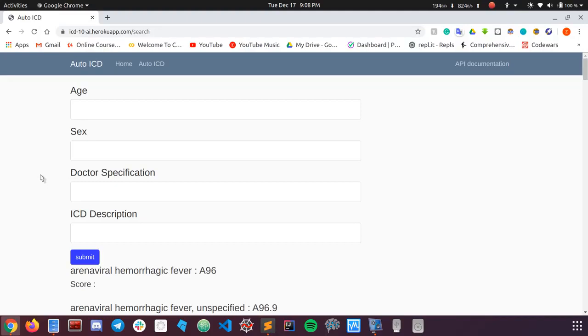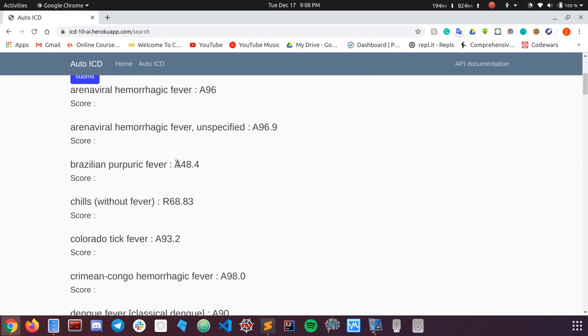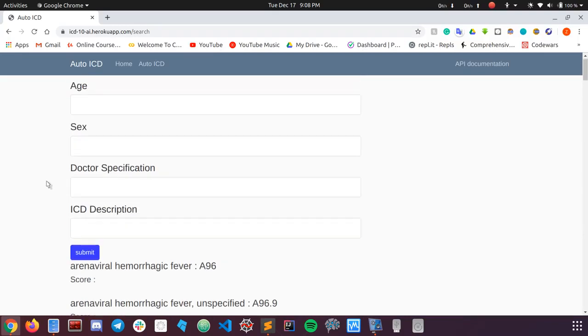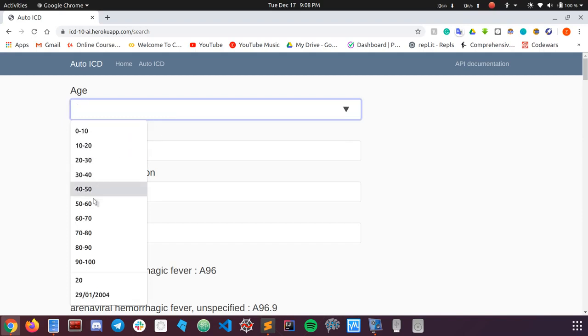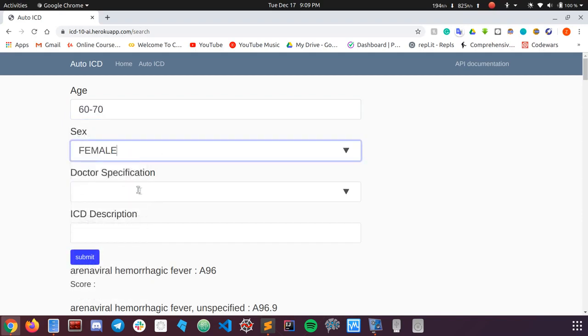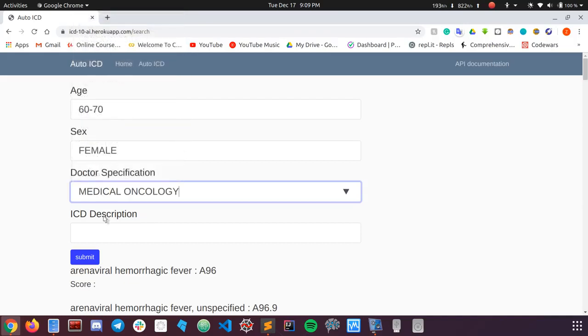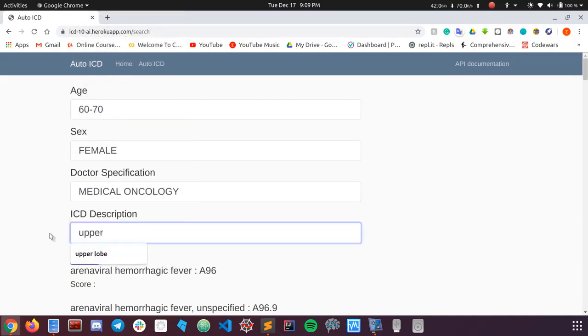A good analogy would be, you can't just train a machine learning model to recognize cats and run it to recognize horses. It just doesn't work. It can only recognize cats. Like that, for example, it suggested a lot of A's, but in the data set we didn't have a single A. But if you are careful enough, let's say 60 to 70 female, let's say upper lobe.